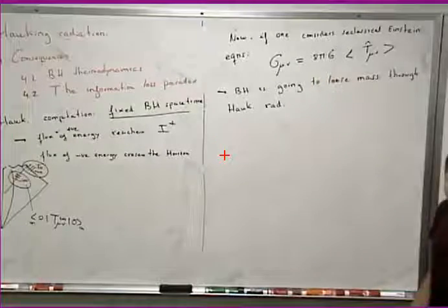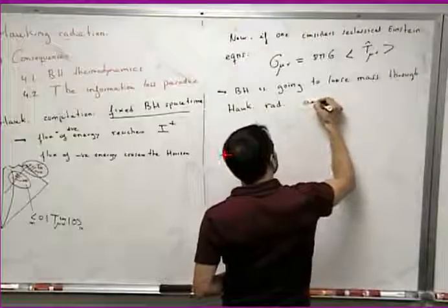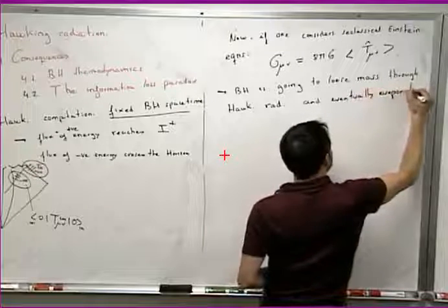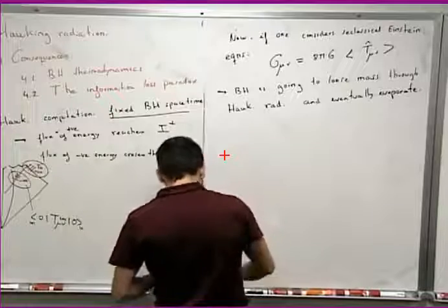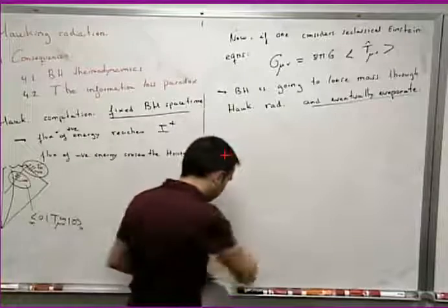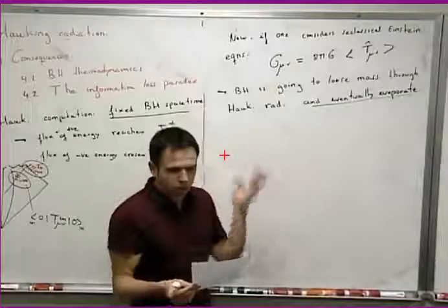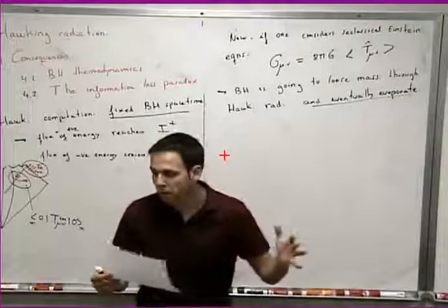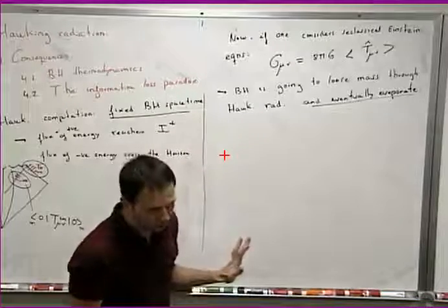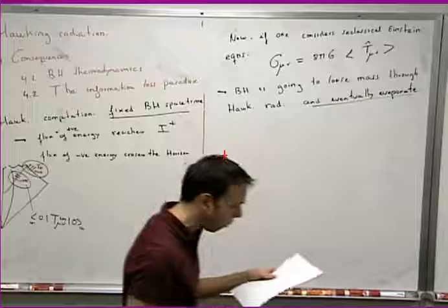The conclusion is that the black hole loses mass and eventually evaporates. And I emphasize that this is an extrapolation of our computations. Nobody has really computed that. But there is no reason to believe that this is not true, in particular at the beginning of the evaporation. Once the black hole gets to the Planck mass, then this will not be true, and we don't know what happens. But there is no reason for this not to be true at the beginning of the evaporation.